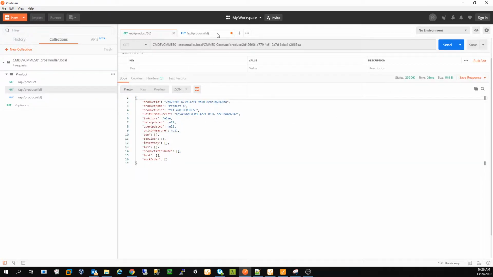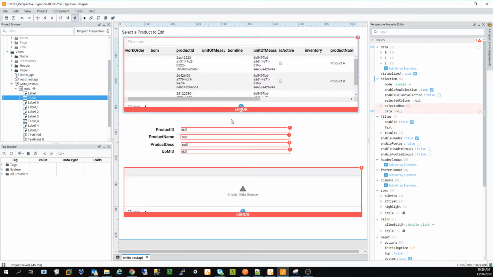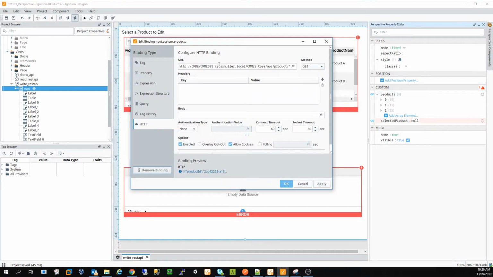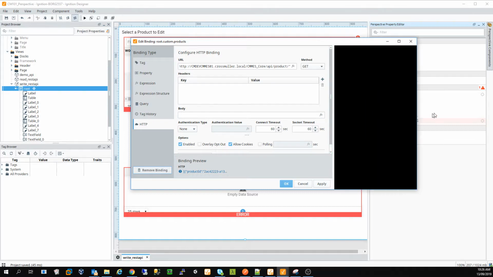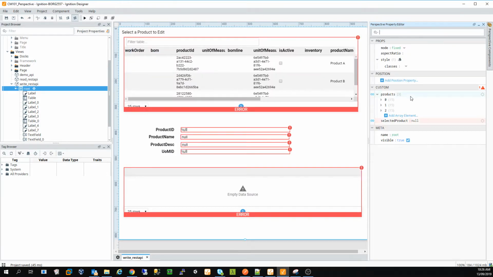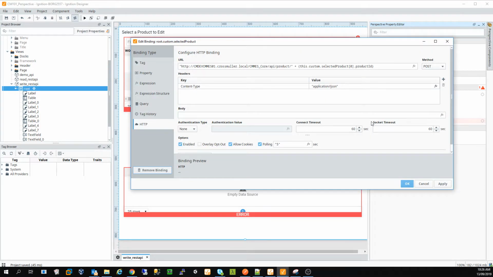So we're trying to trigger that workflow from this form. What that looks like in practice on here is that we have the products being bound to that API, the get method of that API, which then returns this product information, which we've already seen. That binds to this products array. When we click on one of these, it's bound to the selected product. That selected product has a post method or a put method,